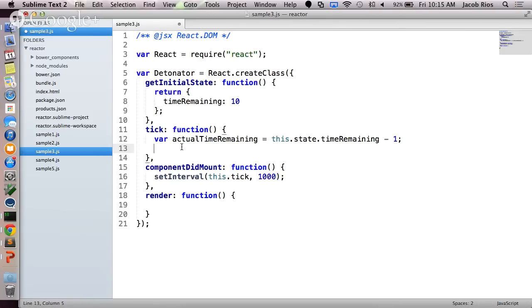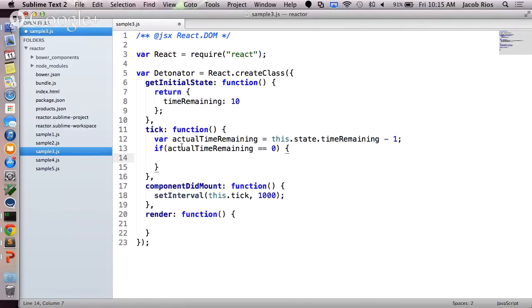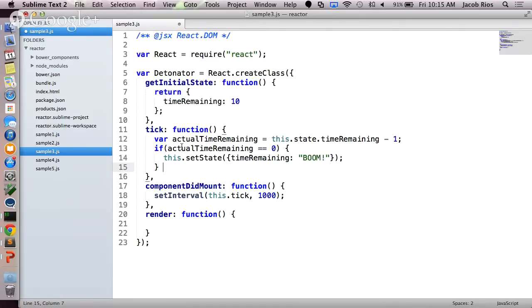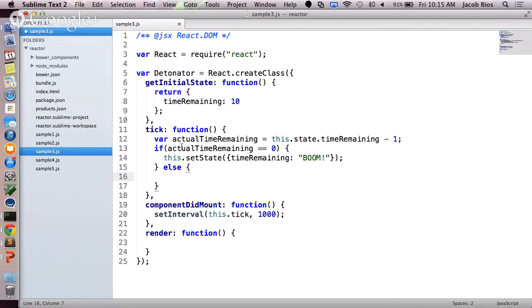So what we'll do is we'll say if the actual time remaining is 0, we'll say this.setState timeRemaining is boom. Else say this.setState